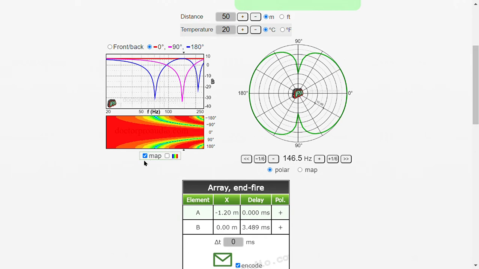If we had a constant beam width, like a horn that has a constant coverage angle, then this kind of rectangular part would extend all the way to the low end, where we have a rectangle with this kind of shape. Just to give you an idea, to help you understand what an isobar display is, if you're not familiar already with it, although it's become fairly common in array specifications depending on the manufacturer.